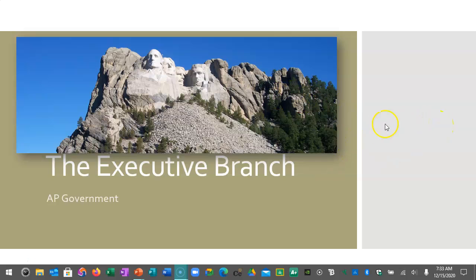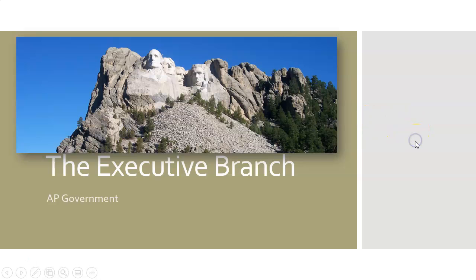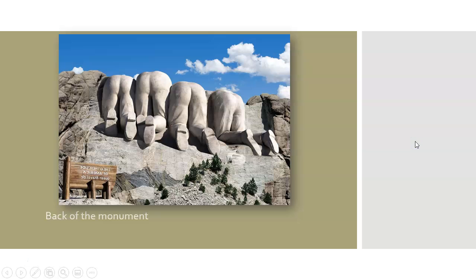We're going to start off here with a look at Mount Rushmore. That's in South Dakota. That is the place for our greatest presidents. We've got Washington, Jefferson, Teddy Roosevelt, and Abraham Lincoln. A lot of people see this view of the front of Mount Rushmore, but you probably haven't seen the back of Mount Rushmore. Here's what that looks like. They actually carved that, and you need special privileges to go around the back to see that part of Mount Rushmore.